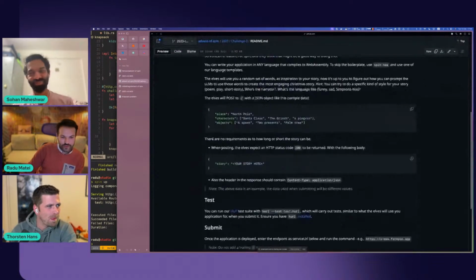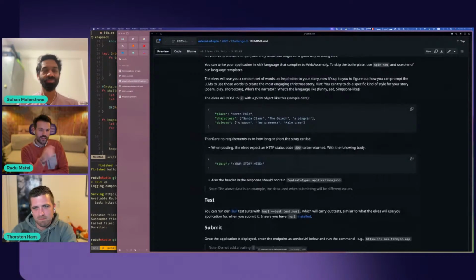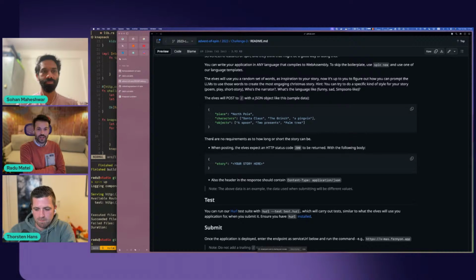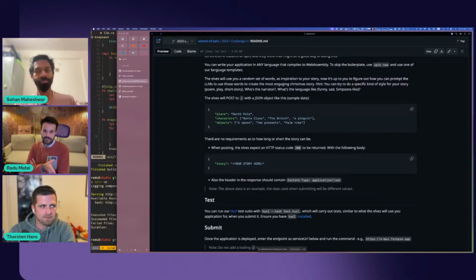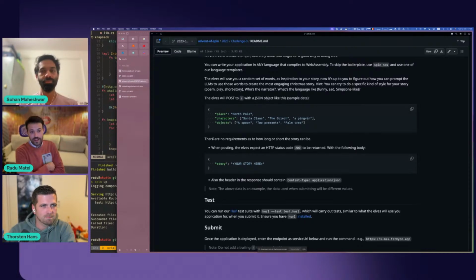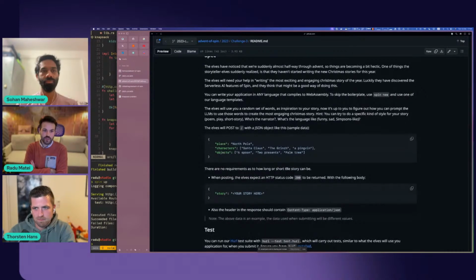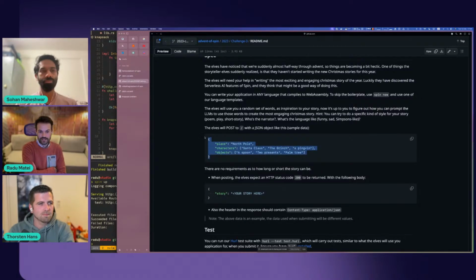So if we go back through the challenge, the TLDR, as far as I can tell, is you'll receive a JSON object containing places, characters, and objects. And the challenge is creating a story in whatever style and however long you like that contains the place, the characters, and the objects specified in the spec. And the hint here is to use the language model inferencing feature in Spin and Fermyon Cloud to generate a story that contains these objects, characters, and places.